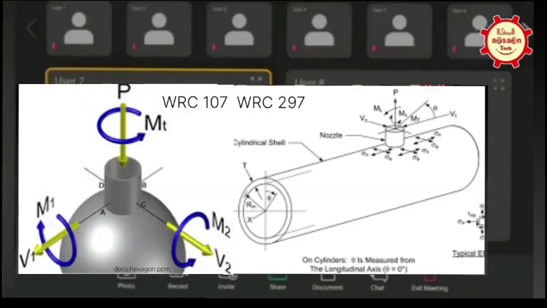My question is regarding the nozzle loads. We are facing one problem and situation here in one of the equipment regarding the nozzle loads. I'll split my question into two. First of all, what is the difference between WRC 107 and WRC 297? And do we have to do both calculations as mandatory whenever we are designing pressure vessels or static equipment?